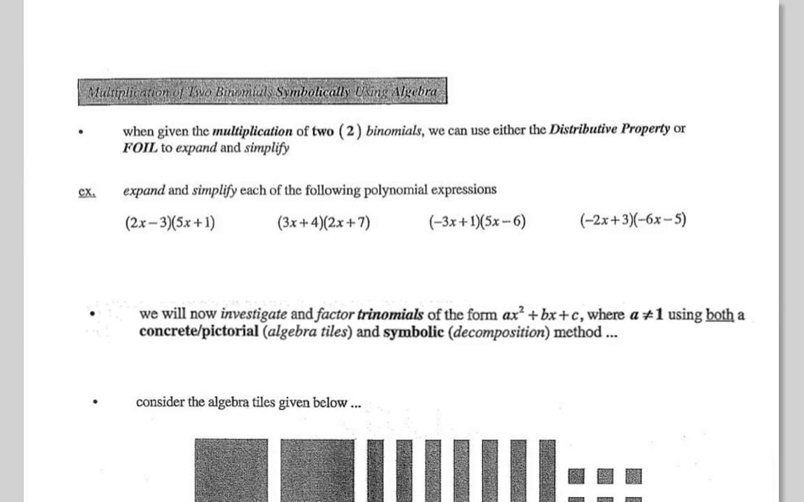Okay, I'm just going to throw up the solution to the first one just to make sure you're doing it properly. 2x by 5x, 10x squared. 2x by 1, that's just 2x. Negative 3 by 5, minus 15x. And then the last one is negative 3 by 1, negative 3. Now the key here is that there's 4 terms